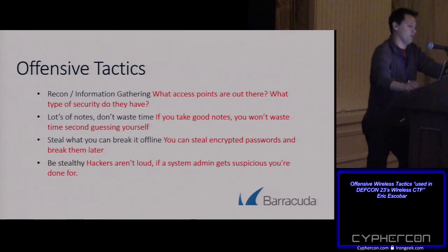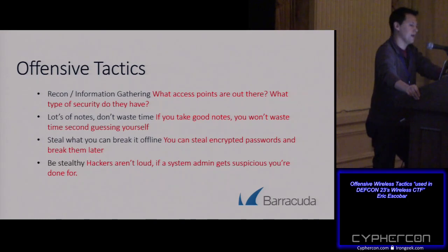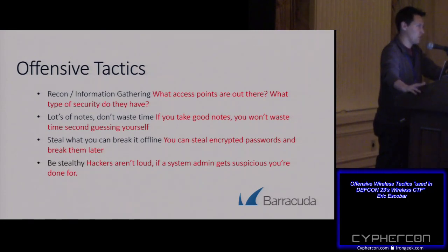All right, so steal what you can and break it offline. So for WEP, you can just destroy WEP immediately. So let's go to WPA2. WPA2, again, is the standard of what normal home Wi-Fi routers are using, or just normal routers in general. So with this, there's something called, not pass the hash, it's called the four-way handshake. If you capture that four-way handshake, it has the encrypted key of the access point that you're trying to break into. So you can take that and break it offline,